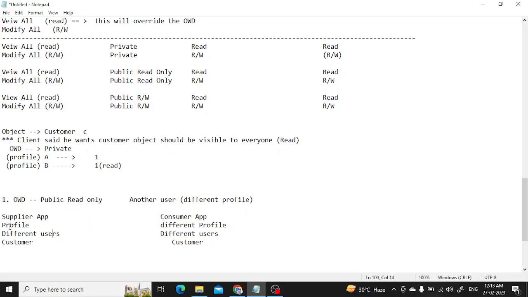Public read only means for all profiles, this profile plus this profile, all will get the read access on that, for all users. But what I want is only this particular profile, because the supplier is actually, I want it for this profile. So for this the solution should be, you go to your profile,